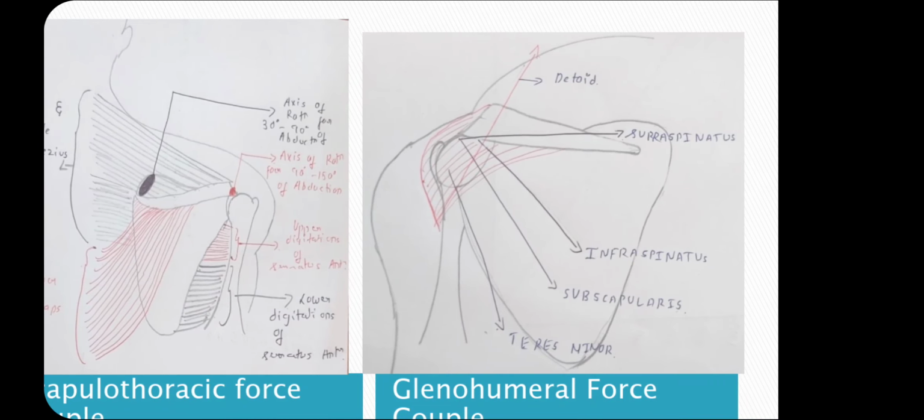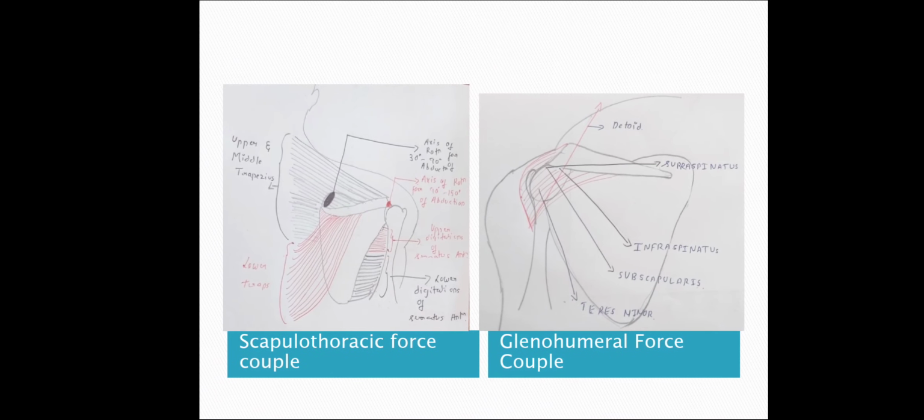At rest, the deltoid produces 45% of compressive force in the superior direction, whereas supraspinatus produces 65% of compressive force in the superior direction. The deltoid is the bulkiest muscle of the shoulder complex, also being a multi-axial muscle, so the vector of the deltoid changes along with its alignment towards the scapula. Hence, at 90 degrees of abduction, the deltoid produces maximum compressive force. This is nothing but your glenohumeral force couple.